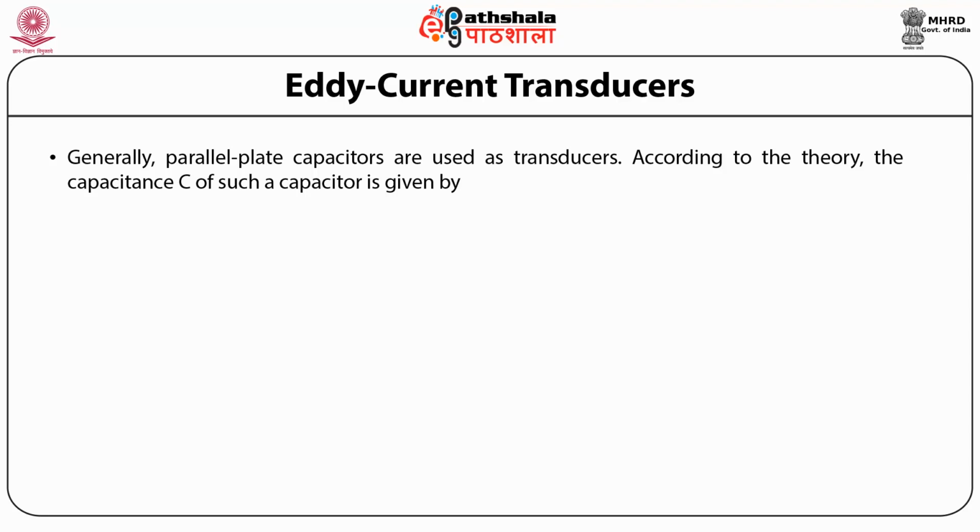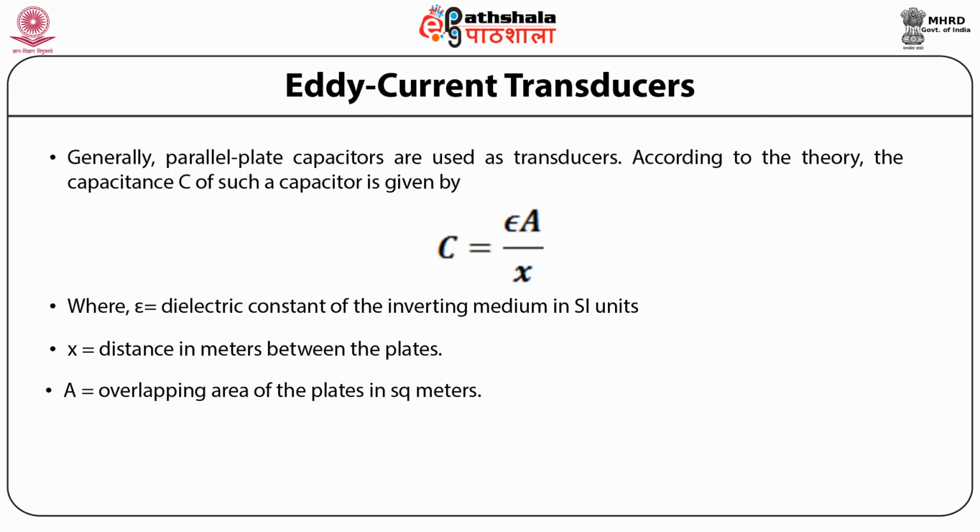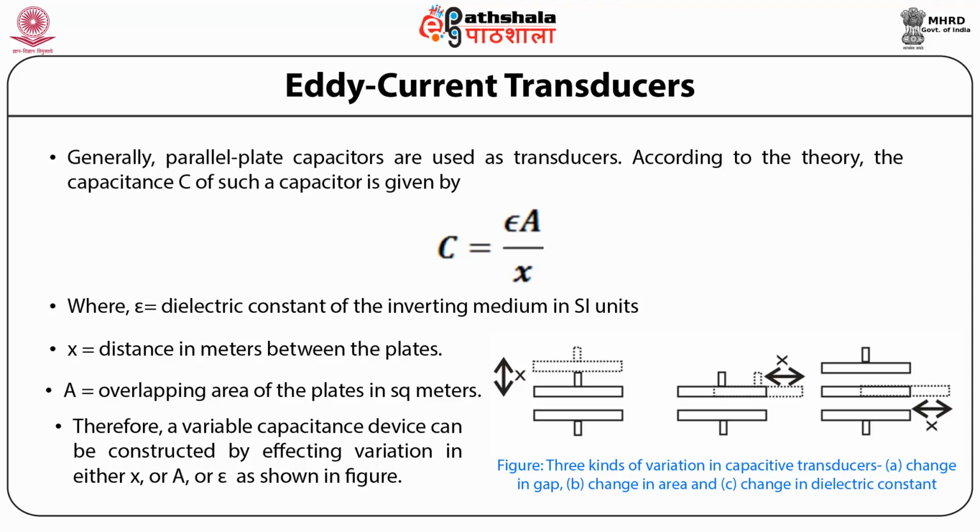So, according to this theory, the capacitance C of such a capacitor is given by C equal to epsilon A by X, where epsilon is the dielectric constant of the intervening medium in SI units, X is the distance between the plates in meters, and A is the overlapping area of the plates in meters square. Therefore, a variable capacitance device can be constructed by affecting the variation in either X or A or epsilon